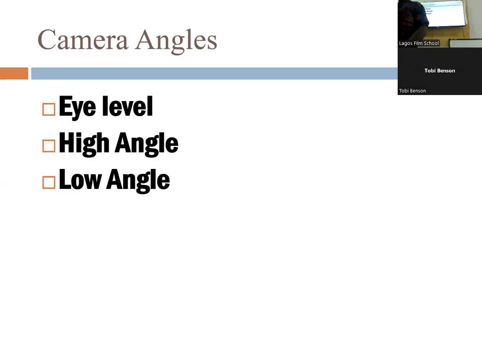So we have the eye level shot where the camera is sitting down, and a low angle shot looking up at the subject. And of course, the eye level, same height as the eye of the subject. Same height. Then the camera should be at the same height. One here, one here.